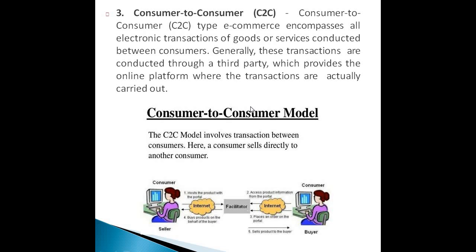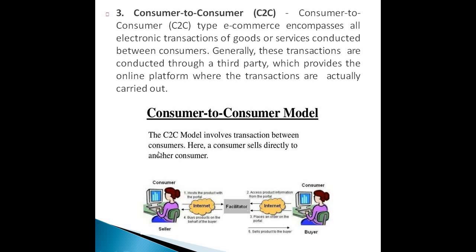Now next is the consumer to consumer. Consumer to consumer type of e-commerce encompasses all electronic transactions of goods or services conducted between consumers. So generally these transactions are conducted through a third party which provides an online platform where the transactions are actually carried out. So it involves,